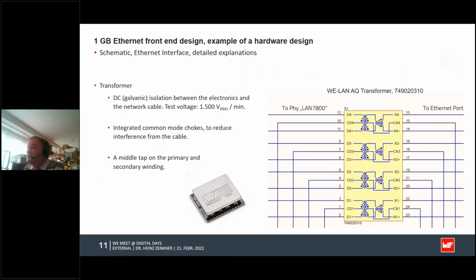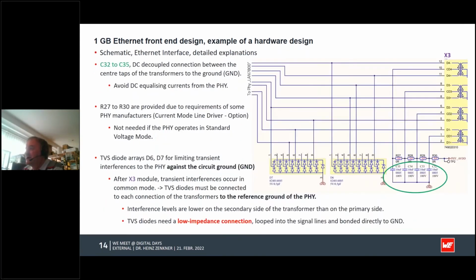So it is necessary to implement here on each channel symmetric